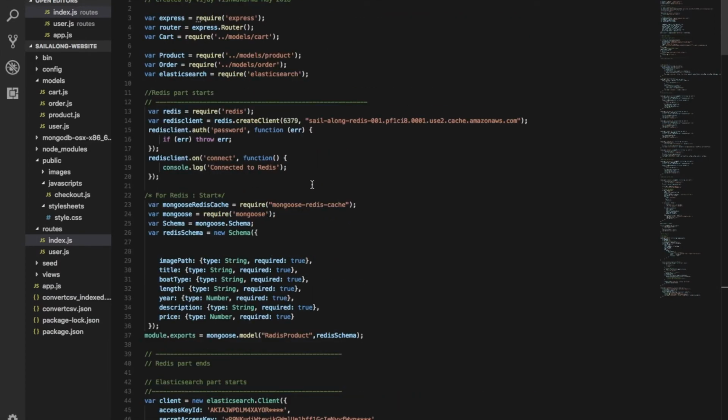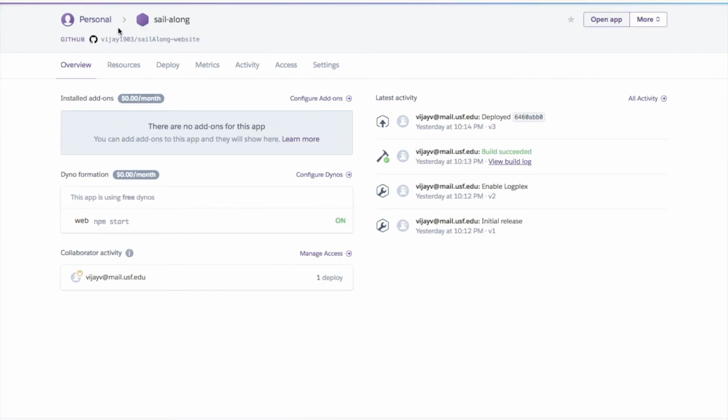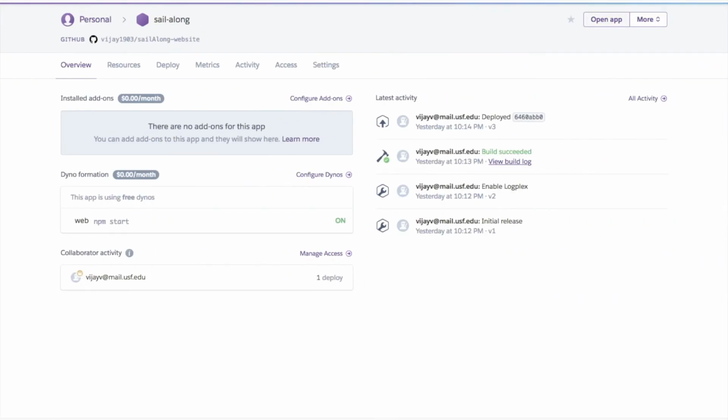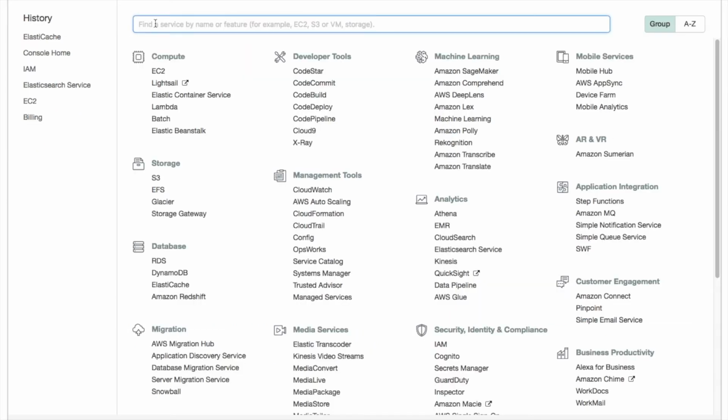So now, since we have done the implementation, the next part was to host the website. So we hosted our website on Heroku. As you can see, if I switch to my Heroku page, we can see a website named Sail Along is hosted, and there's one deployment here. And if I click open app, you can see the app. There's another way to open this app. If I go to the AWS CDN service that we have used, CloudFront, the content delivery network,